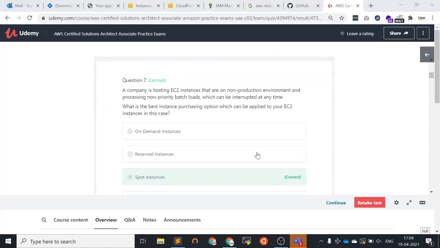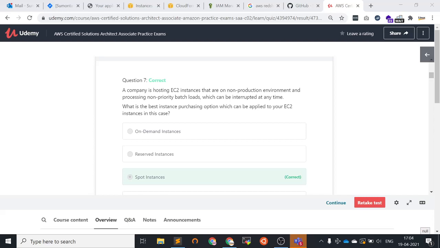The seventh question: a company is hosting EC2 instances in a non-production environment, processing a non-priority batch load which can be interrupted at any time. What is the best instance purchasing option which can be applied to your EC2 instance in this scenario?